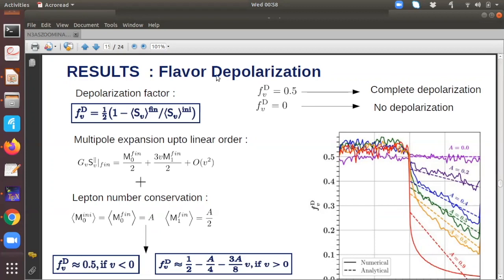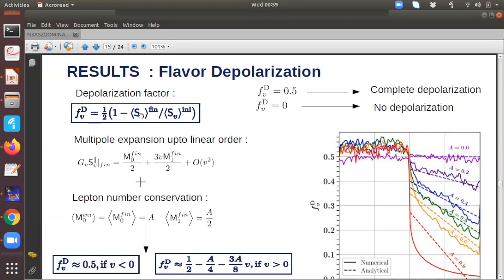To capture the amount of flavor depolarization, we introduce a method where we expand the polarization vector up to linear order and use the lepton number conservation of the system to derive something known as the depolarization factor, which is defined through this quantity. Typically this depolarization factor represents the amount of flavor depolarization in the system, because if SP final is